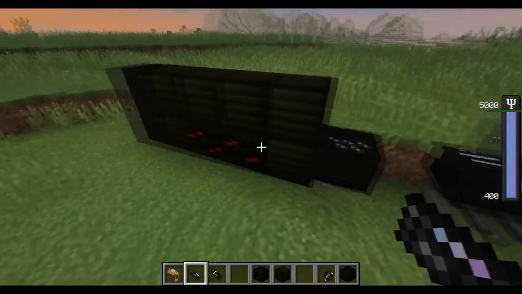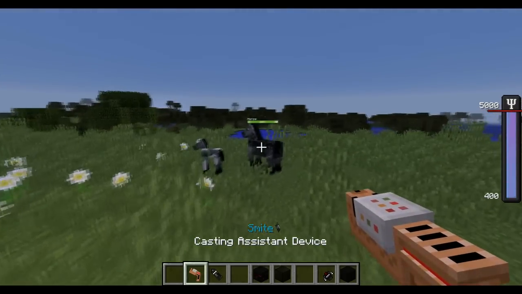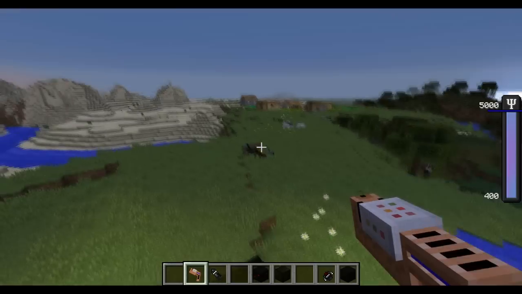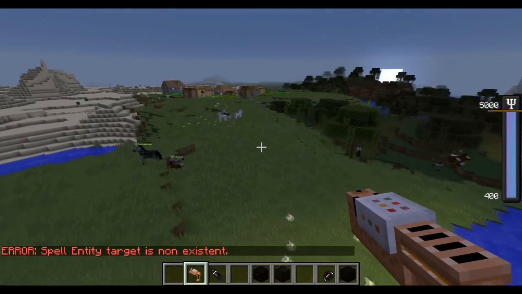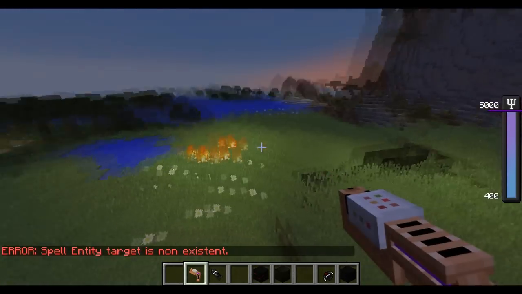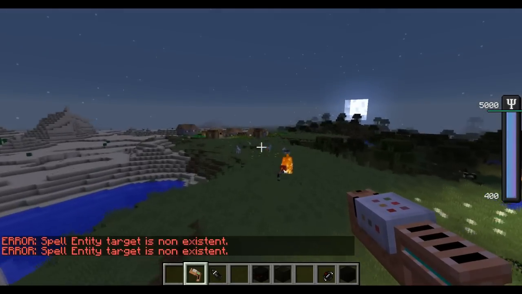We've then right-clicked on this. We can then go over to this thing, put our thing in there, get this in here. There we go. And you can see that worked like a charm. So, sorry, spell entity target does not exist. So, boom! Boom! Boom! Of course, in survival mode, this will be a little more restricted because of your Psy power on the right, but